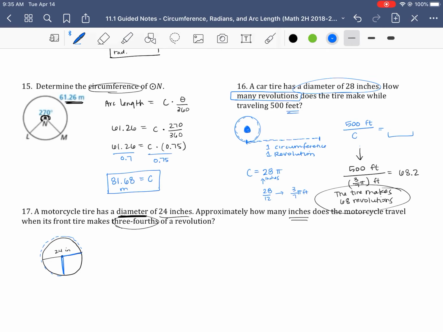So essentially, in order to find the distance, I'm going to take my circumference, but I only want 3/4 of the circumference. So remember, circumference is pi times diameter. Our diameter there is 24 inches. There's my circumference, and I'm going to times that by 3/4. And then I can calculate that and come up with how many inches that would be. Again, practicing just finding that arc length. It's just a fraction